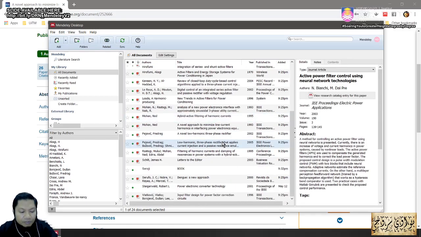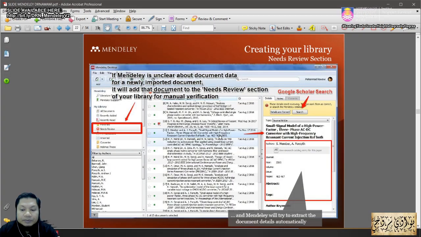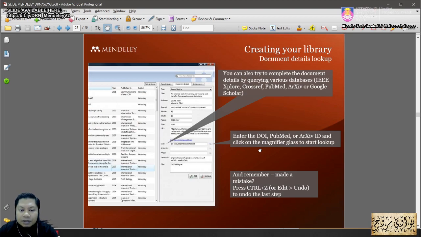Okay, all right, what else? Okay, this is the DOI that I mentioned just now, right? And at any point, at any time, you can press Control Z, which is undo. You can undo the last step, not only for this particular DOI, but at any particular time, if you press Control Z, then it will undo whatever step you've taken just now. Okay, so next,